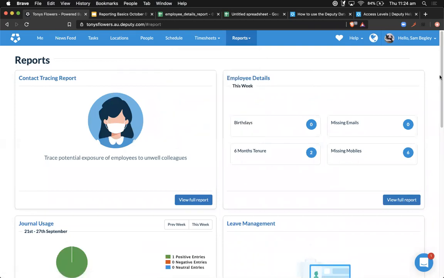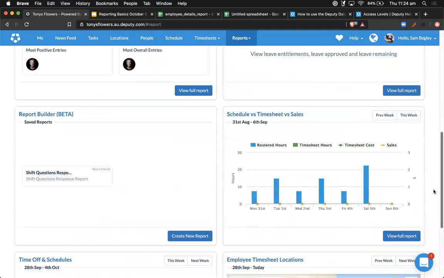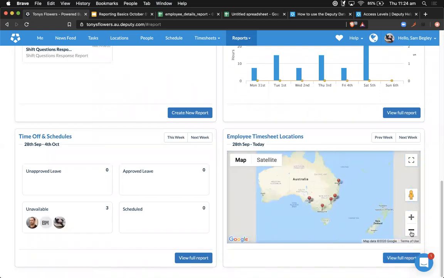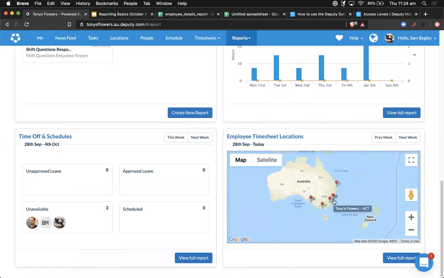Okay, cool. So if we scroll a bit further down, we've got a few more reports to look through. But the last one on the dashboard that we want to look at is the employee timesheet locations. The dashboard representation itself is basically Google Maps, as you can see. And what we have here are the clock-in locations represented by the pins for all the locations